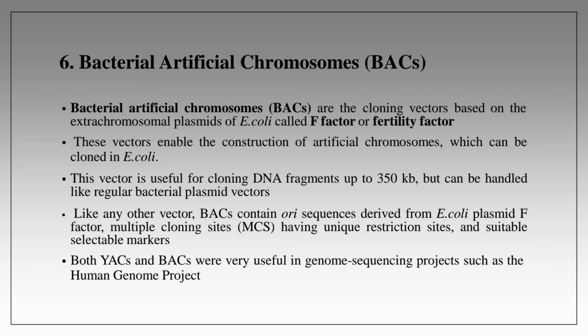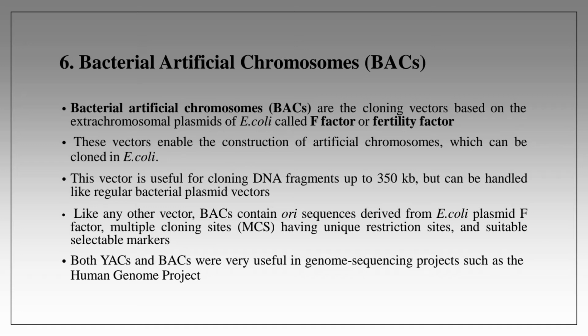Bacterial artificial chromosome. Bacterial artificial chromosomes are cloning vectors based on the extrachromosomal plasmid of Escherichia coli called the F factor, or fertility factor. These vectors enable the construction of artificial chromosomes which can be cloned in Escherichia coli. This vector is useful for cloning DNA fragments up to 350 kilobases but can be handled like regular bacterial plasmid